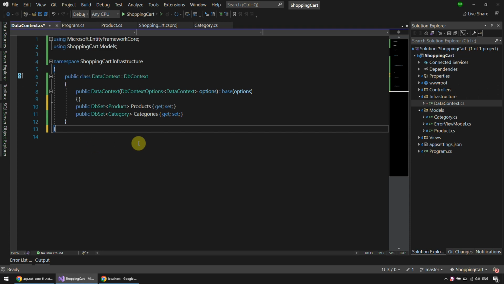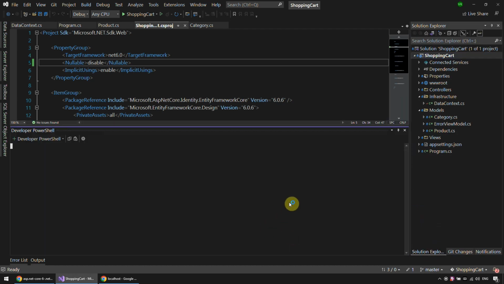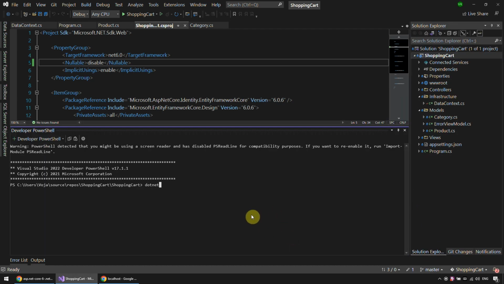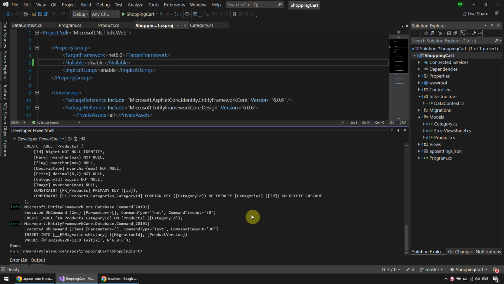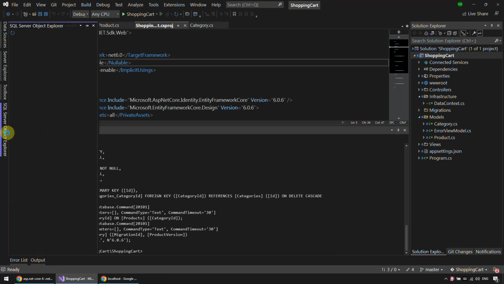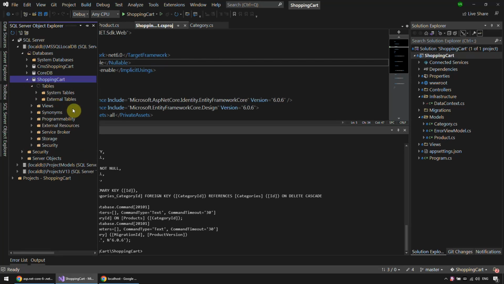Okay, Control KD to format this, and now right click and open in terminal and say dotnet ef migrations add initial. Okay, and dotnet ef database update. Okay, great. So we have that migrations folder here, and let's check the database that we actually do have it, and shopping cart. Okay,